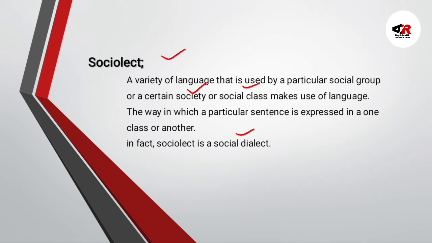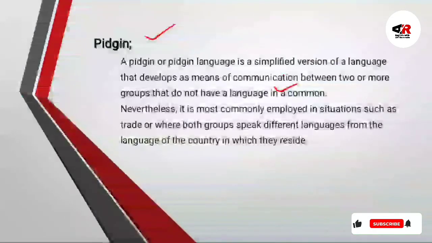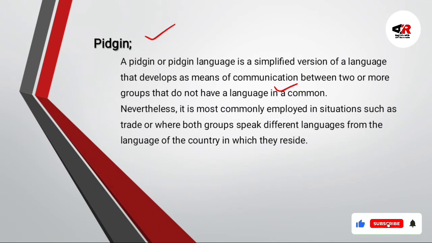The sixth one is Pidgin. A Pidgin language is a simplified version of a language that develops as a means of communication between two or more groups that don't have a language in common. It means that it is not a common language. In Pidgin, a language is made, a language is constructed. Nevertheless, it is most commonly employed in situations such as trade, where both groups speak